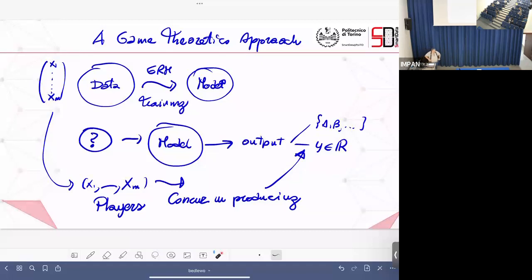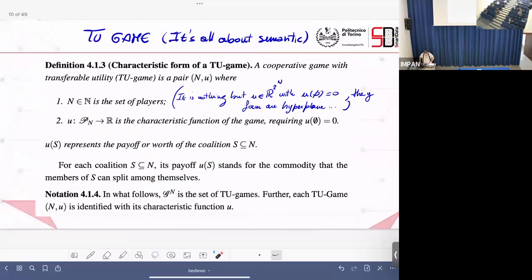In particular, a certain kind of game theory that I'm going to introduce. They're called transferable utility games. So the idea in practice is the following. A transferable utility game, if you, like me, start as an algebraist, you say, okay, it's a vector. It's a list of numbers, nothing else. It's the interpretation that is important, okay? From a strictly mathematical point of view, this is simply a vector whose entries are indexed by the subsets of a set.